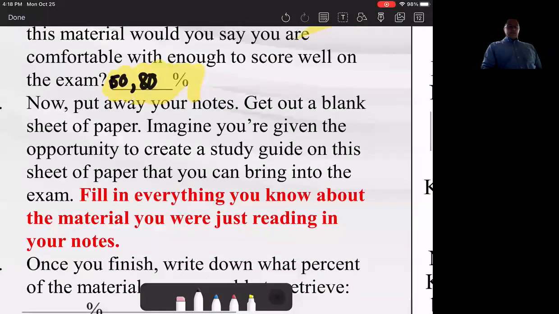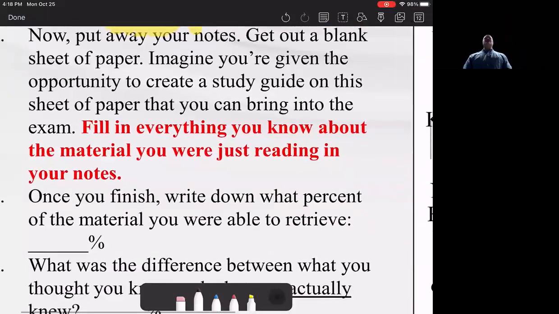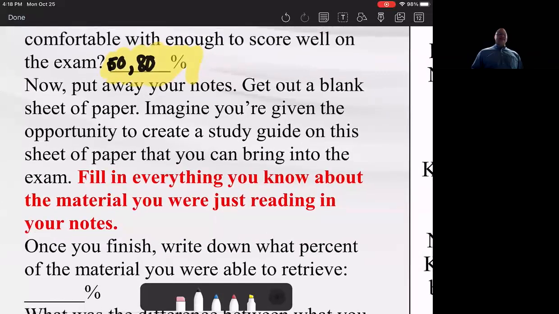But, okay, was the percentage that you thought you knew the percentage that you did know? So you can get your notes back out again. Did we hit that mean in there at like 75%, 70 in there? I'll let you look at those notes again that you originally took, which definitely use as the backbone of what we're going to do.